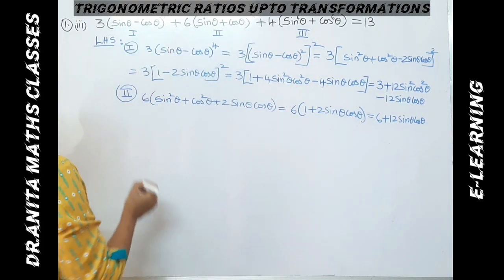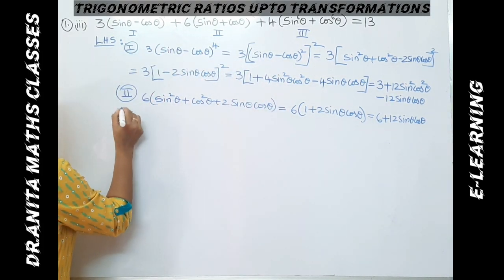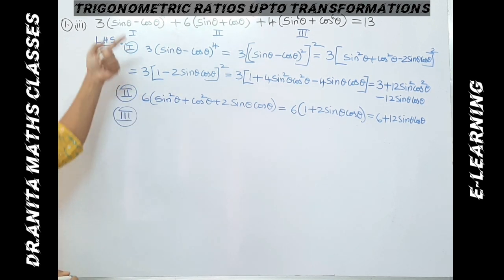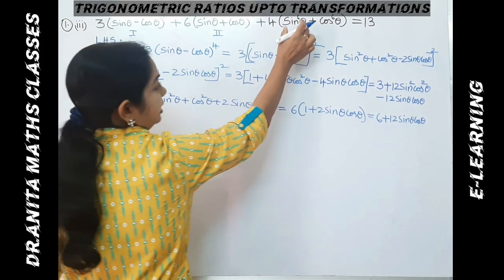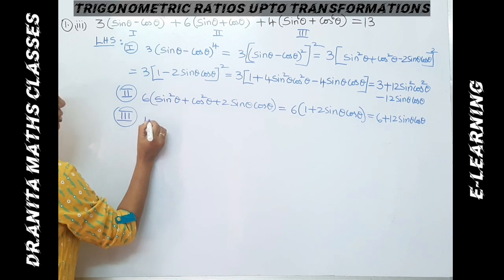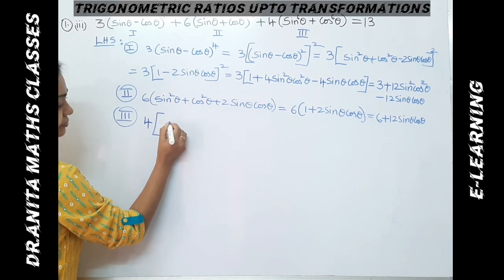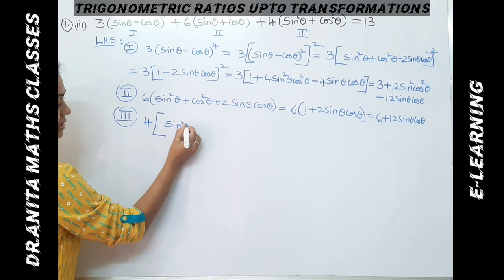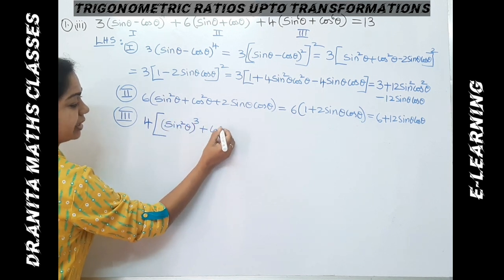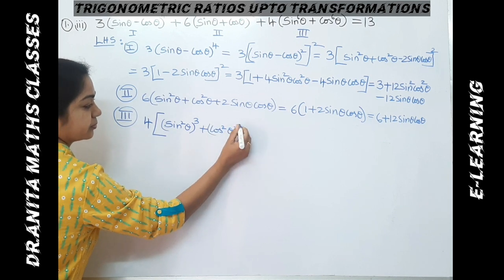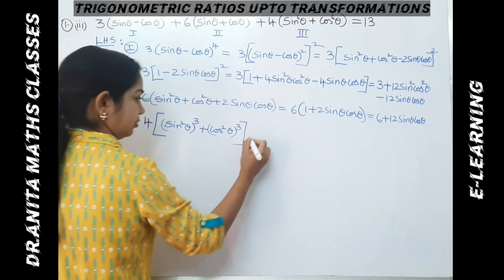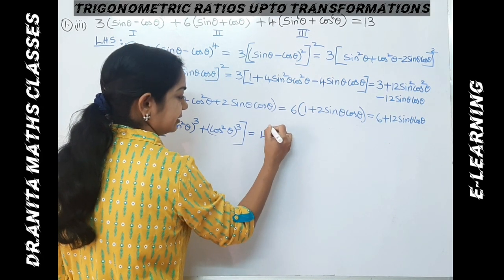simplification. Now the third part, we will take the third part. We have made the LHS into 3 parts. So we are simplifying 3 parts, and later on we will add the complete parts. So this is to the power of 6. We will resolve it into, here I can write it as, sine square theta whole cube plus cos square theta whole cube. So that comes to the a cube plus b cube formula.